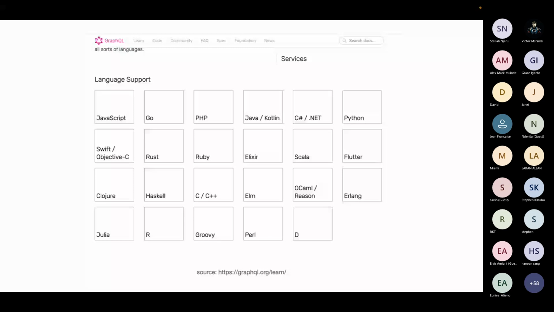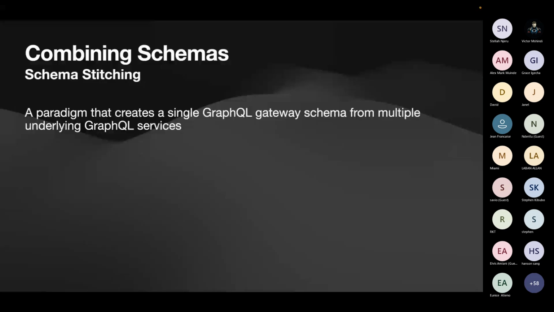Another thing I'd like to talk about is creating a gateway.